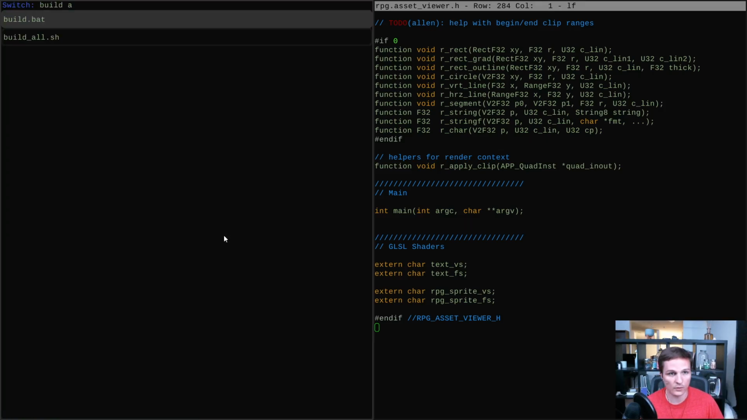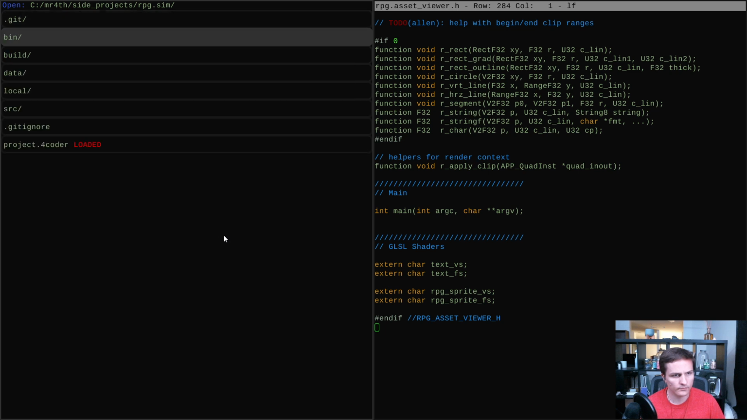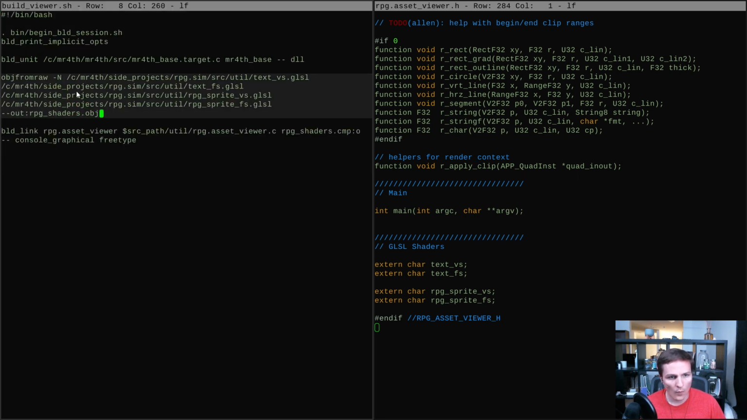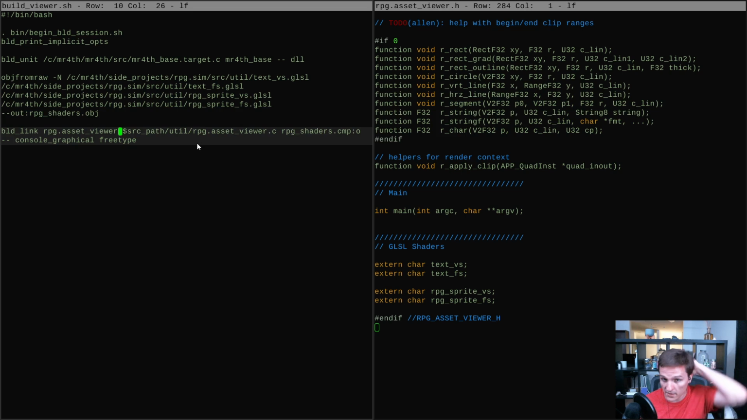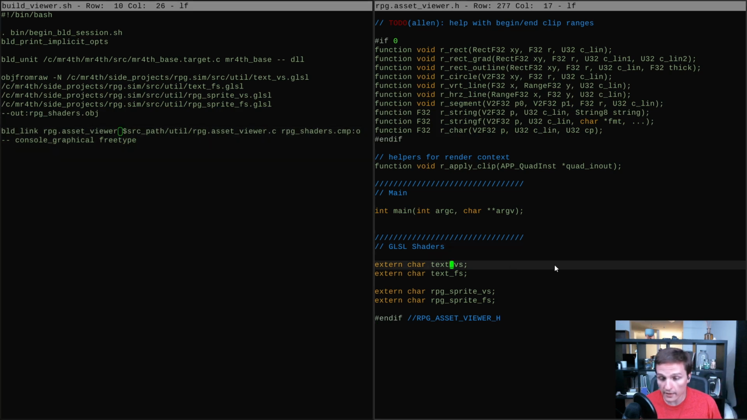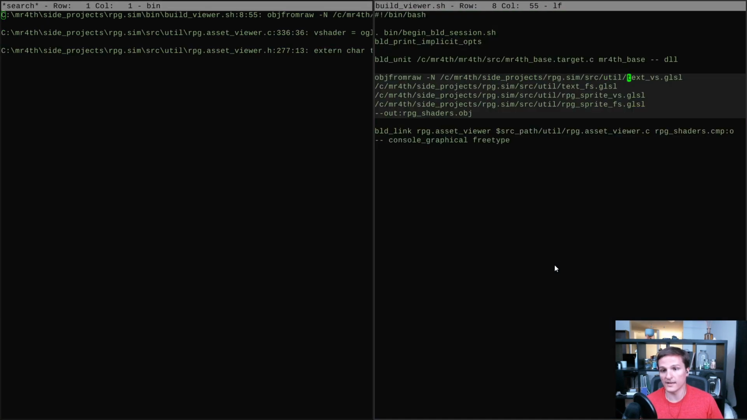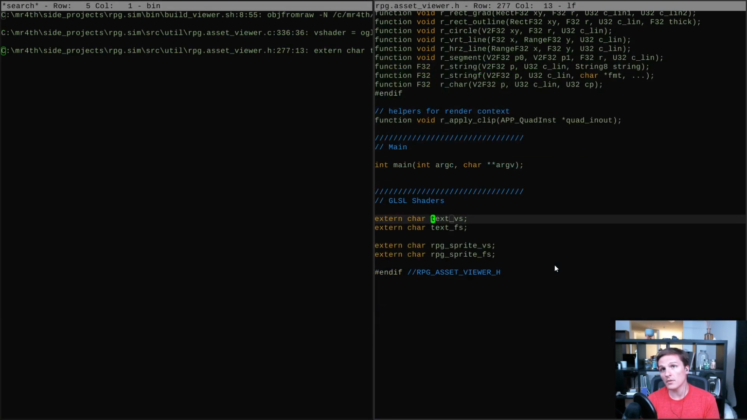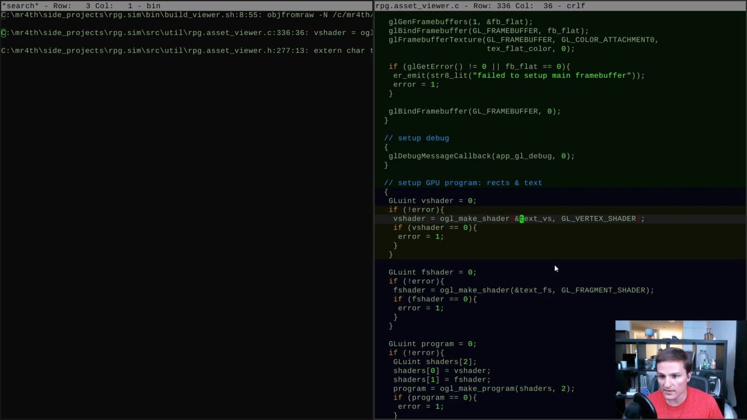When I build the asset viewer, I run my little utility obj from raw, which packs each of these GLSL scripts into a global variable blob, like the data section of this object file, and then I can link them together. And so these stand for the contents of those text files, but to use them, I have to take their address, because it's like I said, it's a char, but really it's the name that references, whose address is the first byte of the whole block of data. And so the thing I've been thinking is, what if,